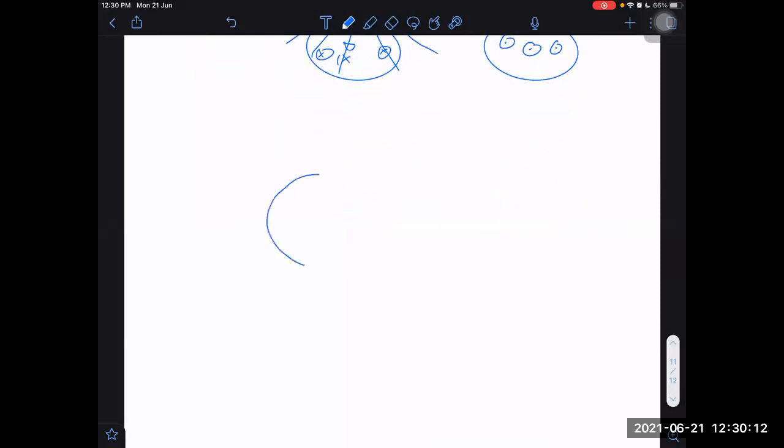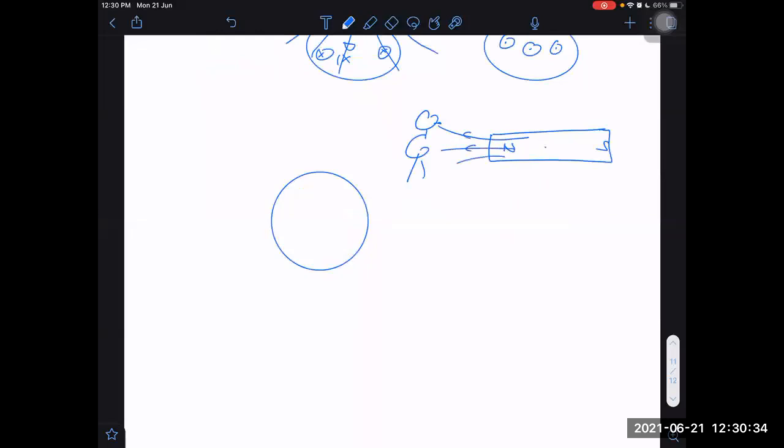Some students still find it not easy to remember. Then I give them another way to do it. If I look at the north pole of the magnet, are magnetic field lines coming towards me or going away from me? Towards us. This is north, this is south, and I am here looking at it. So magnetic field lines will appear to be coming towards me. From the north pole, magnetic field lines come outside.